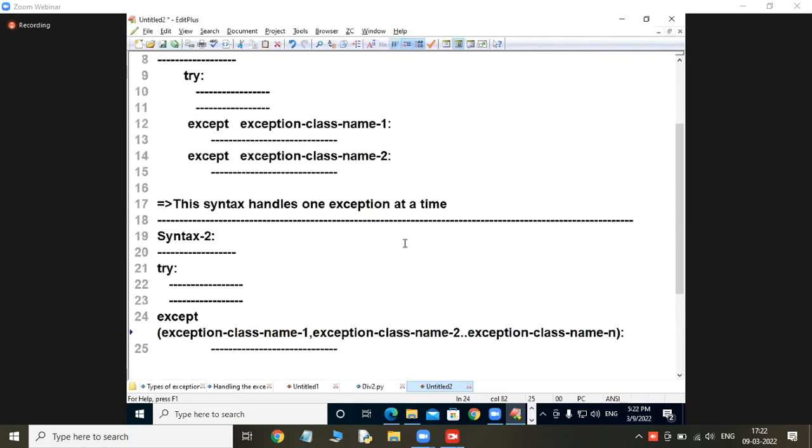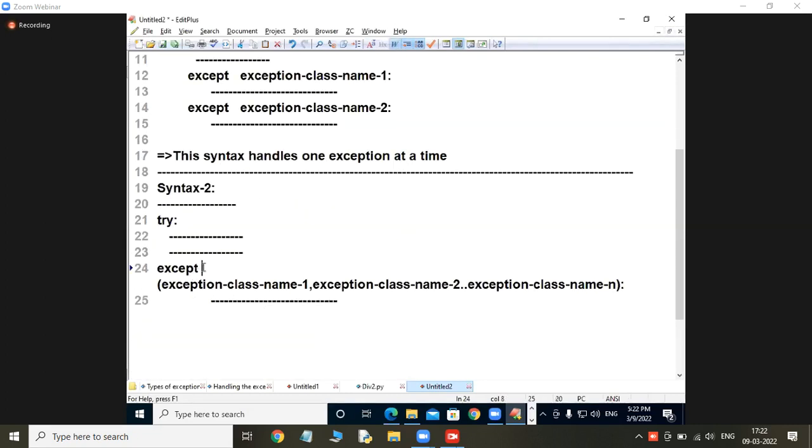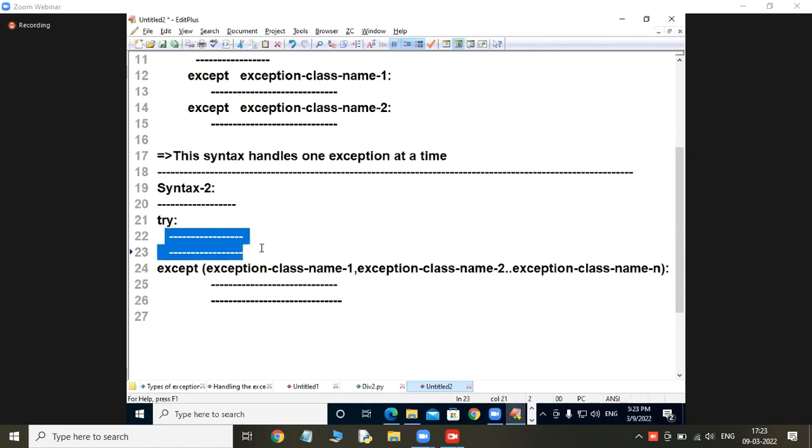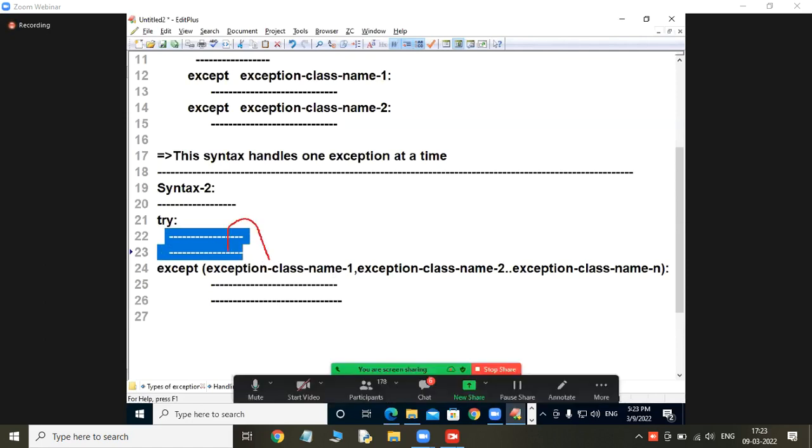Beautiful. What will I write here? See this carefully. It is becoming a little bigger. Exception class name 1, exception class name 2. Here I will write all the user-friendly error messages related to these exceptions. At any point of time, how many exceptions are coming? Only one exception. Once one exception comes, to which place does it go?